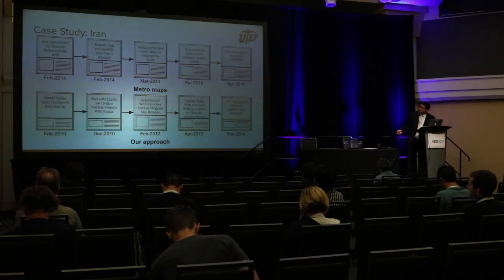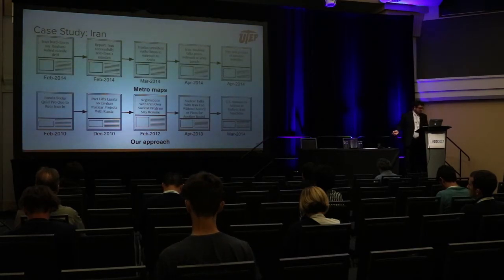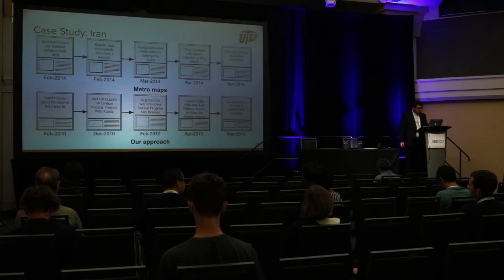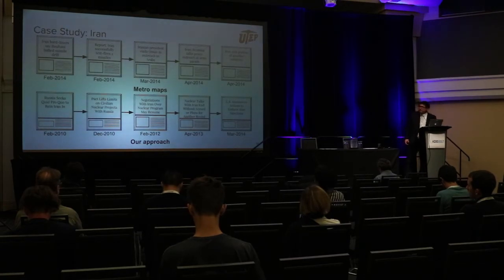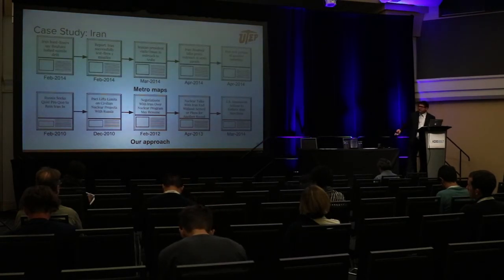And this is another case study with Iran. In this case, I will just focus on our approach. The first document talks about the position of Russia versus the nuclear program of Iran. They say that Russia is asking for something in return to actually stop them. And then the next article talks about how the Russians have aided Iran's nuclear program from the start, and how they contributed with the scientists